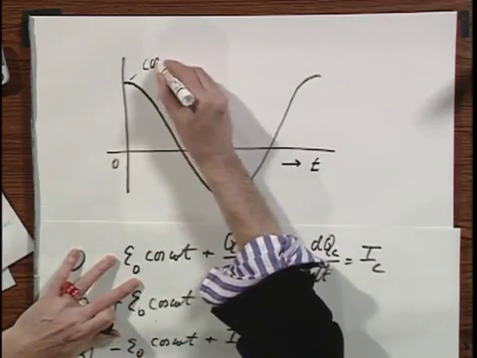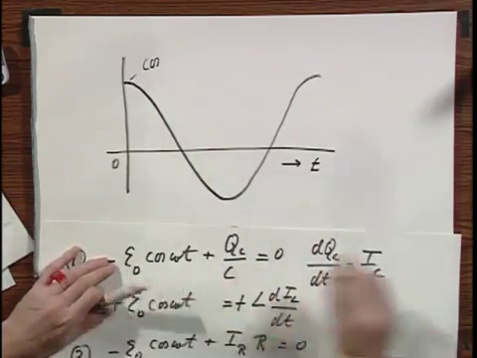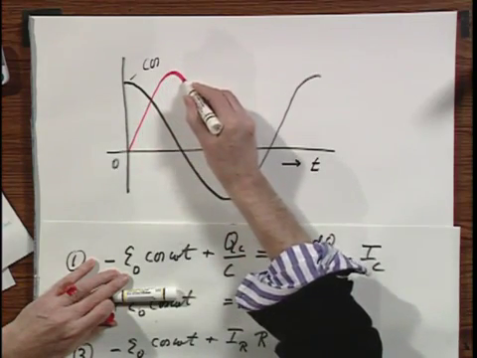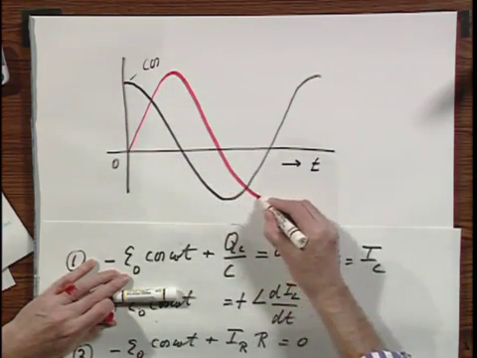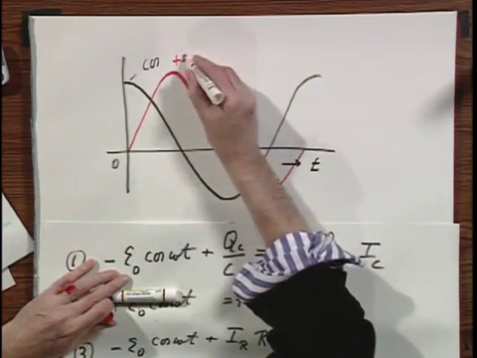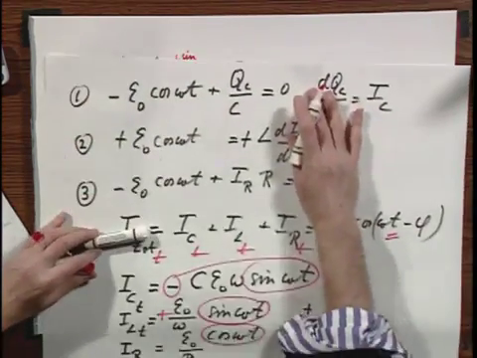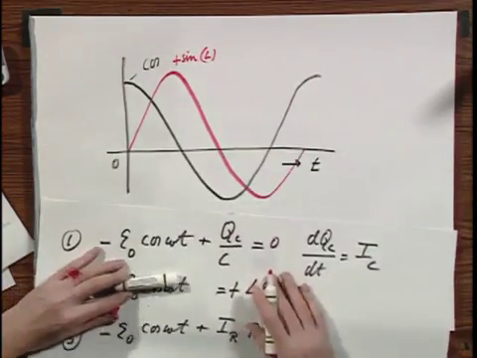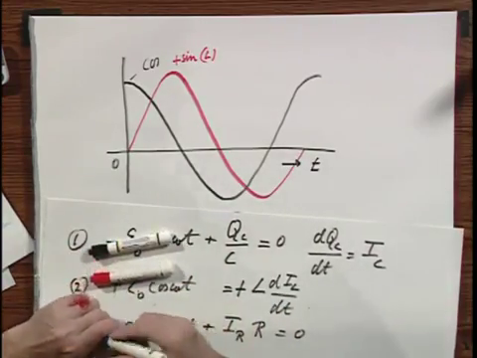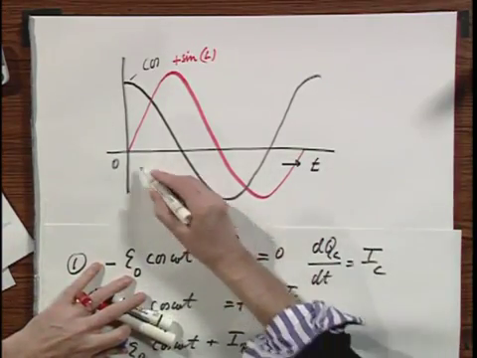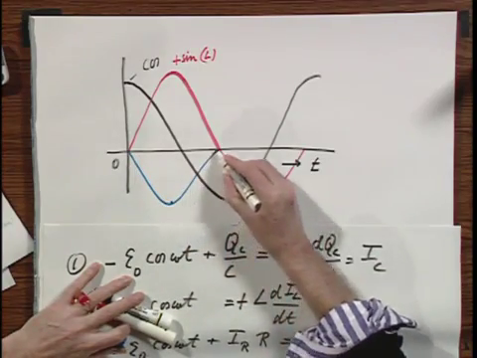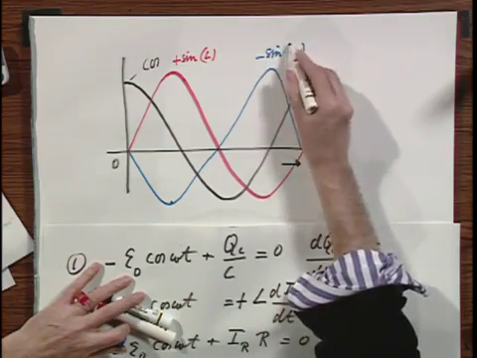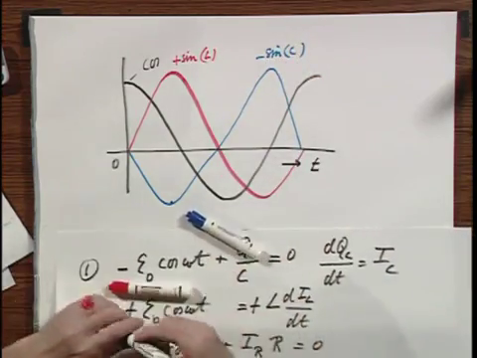So this is the driving voltage, a cosine term. And if I draw here a sine term, so this is the plus sine term, and the plus sine term holds for the self-inductor, so I put a self-inductor here, which is my shorthand notation. And if I put in minus sine omega t, minus the sine, which is the one that holds for the capacitor,